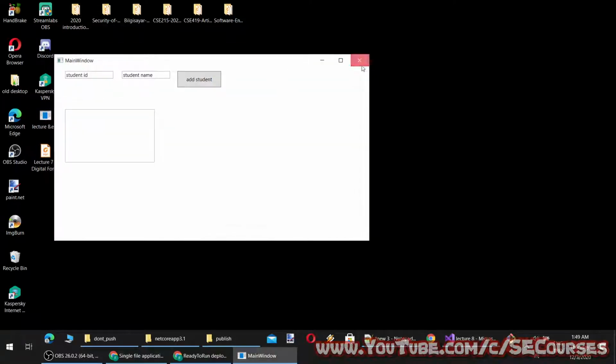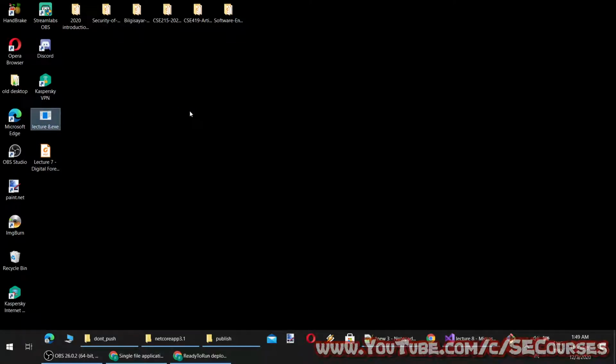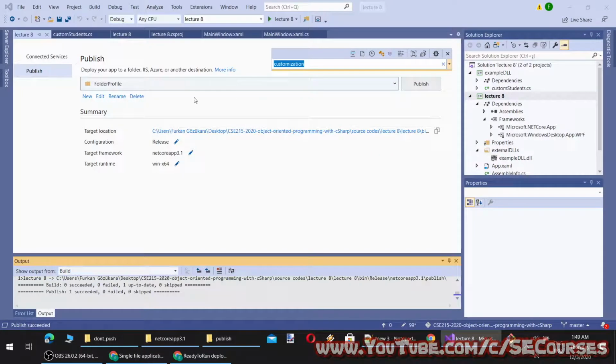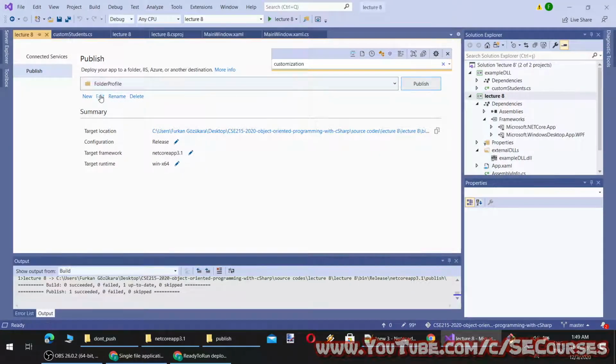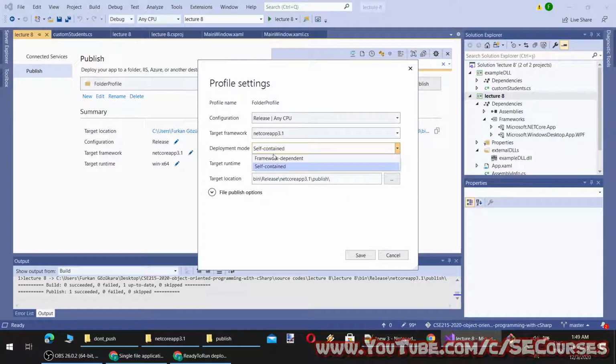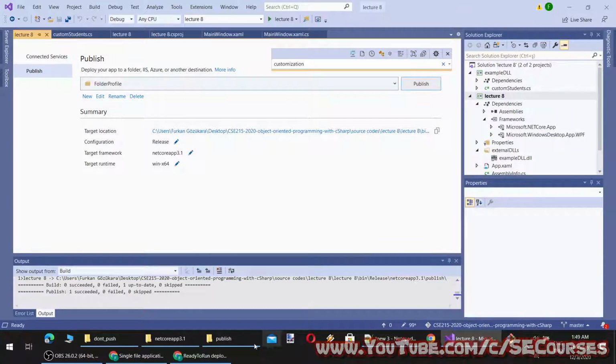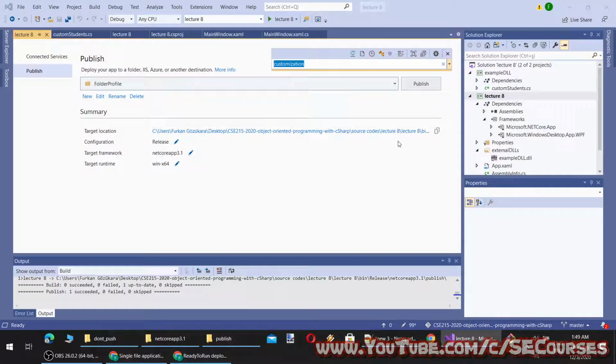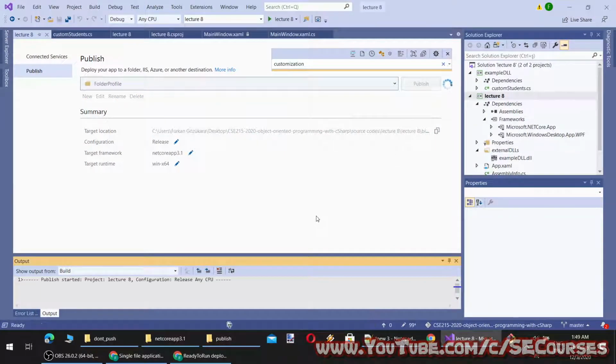Let's try it. Okay, it is working. Now it is working. And let's try something 5a. Yeah, it is working. However, you see it is too big right now. So we can make it framework dependent. And if we make it framework dependent, it should generate a smaller single file.